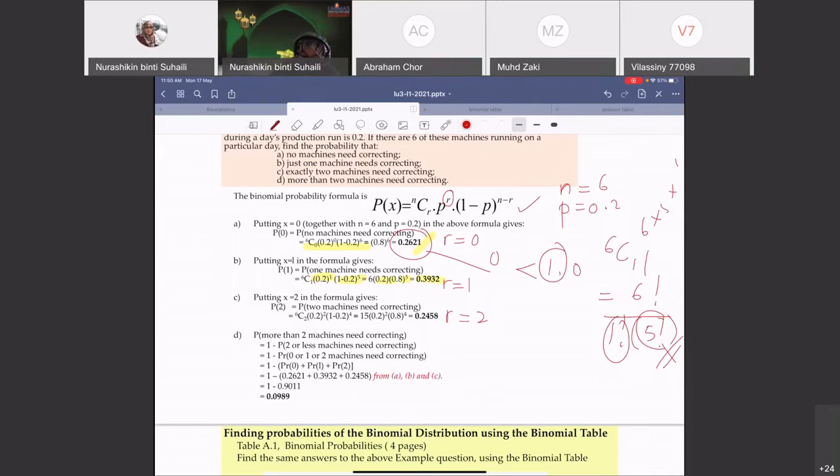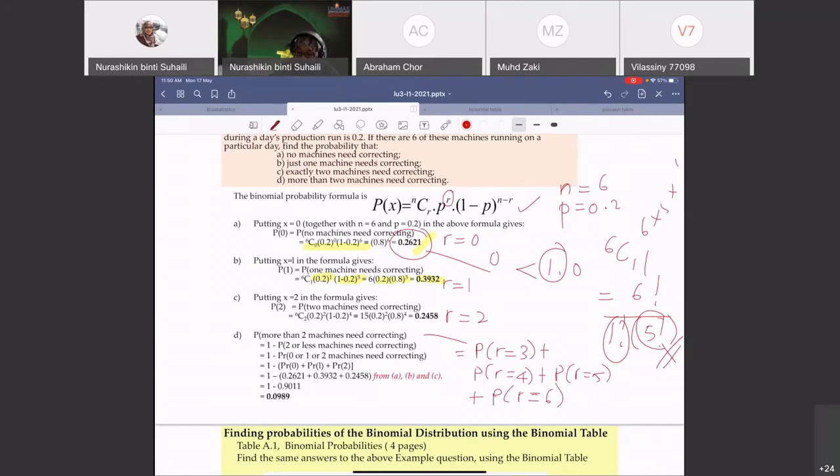You can solve this problem by finding r equal to 3 plus r equal to 4